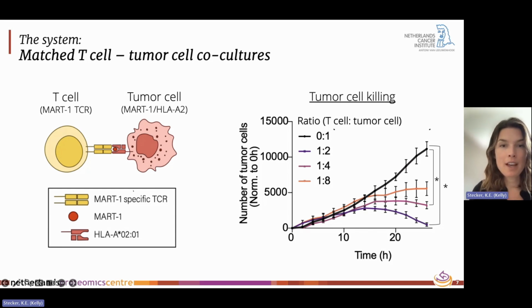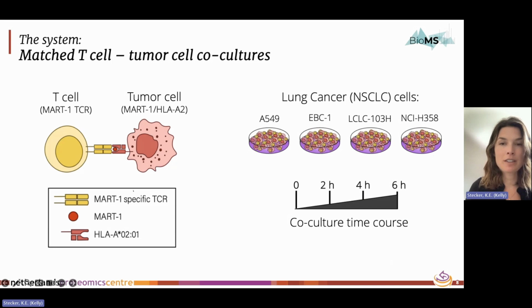So here I'm showing a graph on the right that proves that our T cells do in fact engage with and kill their tumor targets. So on the y-axis is tumor cell count, and in the black line you can see tumor cells in the absence of any T cells, and they continue to grow. And then as there's proportionally more T cells introduced into the system, then we can see that the tumor cells begin to die. So we have a system where we can engage T cells with their targets and induce cytotoxicity,